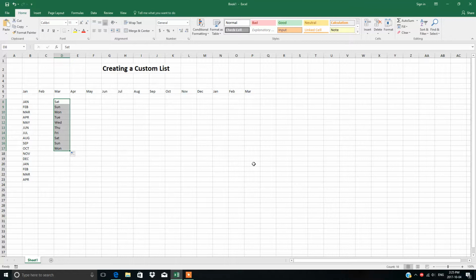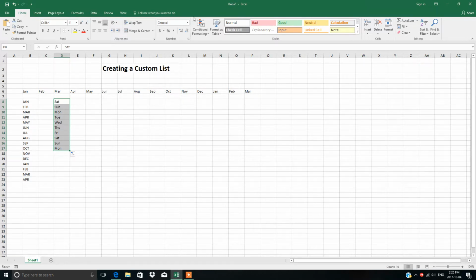If you often use a series of elements that are unique to your situation, for example, if you want to write down the names of subjects, like English, maths, physics, chemistry, biology, accounting, etc., you can create your own custom list.